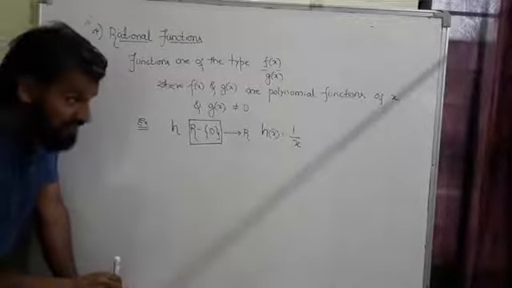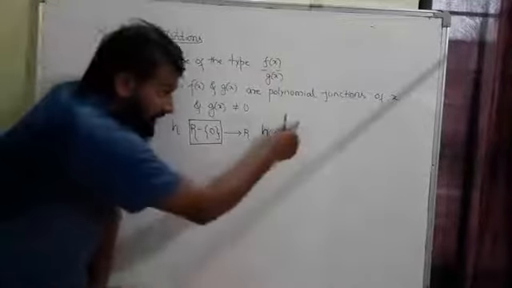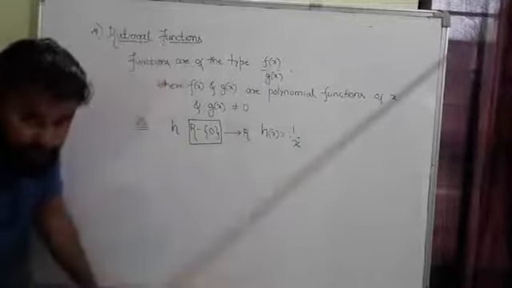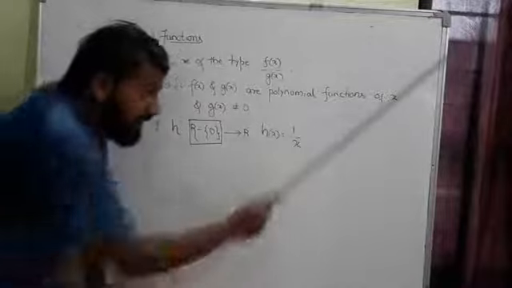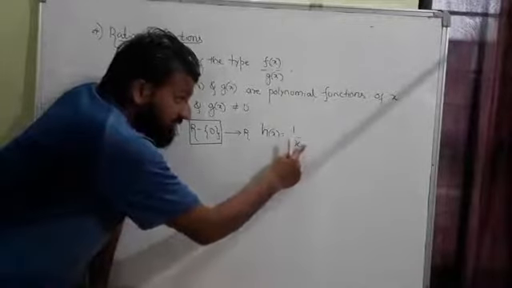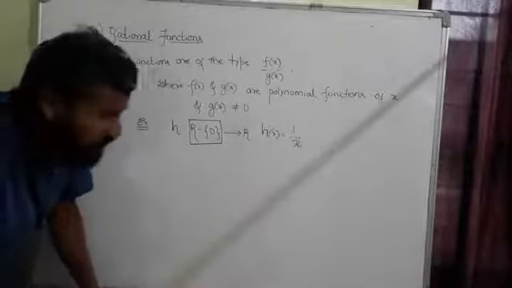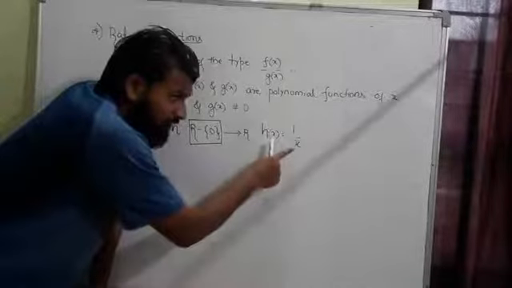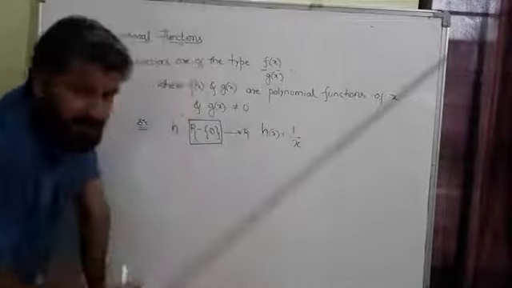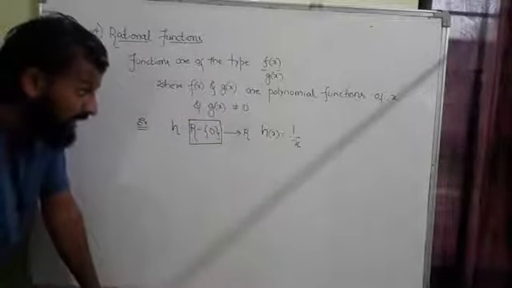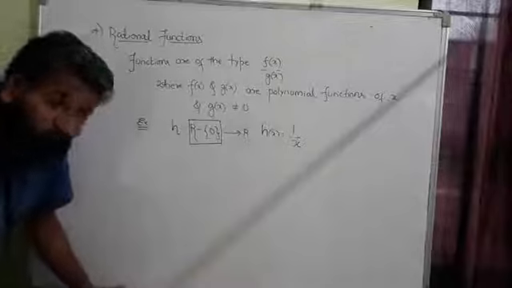So now we can see, my dear friends, the numerator is a function, that is f of x, which is a constant function. Denominator is x, which is again a function. Yes or no? So function divided by function is called a rational function, isn't it? Well, I'll give this question as a homework for you.